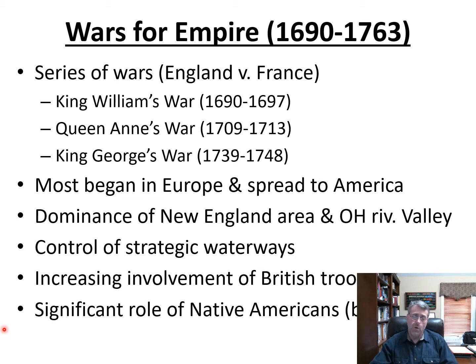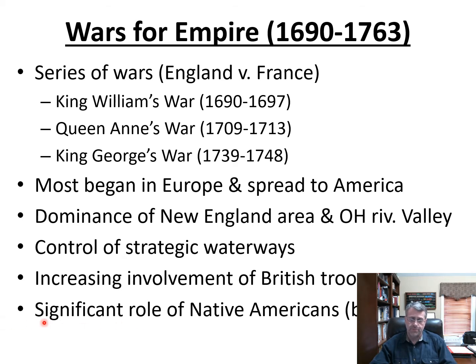And they'll play a role very often of what we call mutual manipulation, where the Indians are kind of playing both sides against each other. The Indians figure that if we can get the French and the British to kill each other, then they'll all go away and we'll be left here with our own land. Of course, that's not always the case. A lot of times they will choose a side based on who they think is going to win. If the British win, well, we want to be on the British side because we'll get a better deal if we're on the side of the winner than the loser.